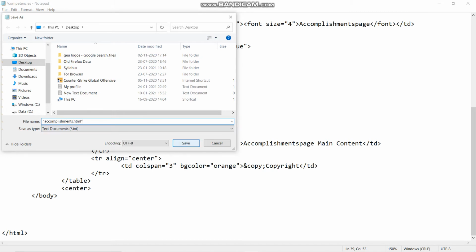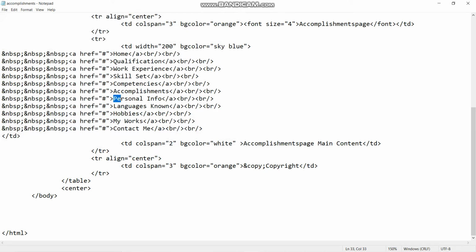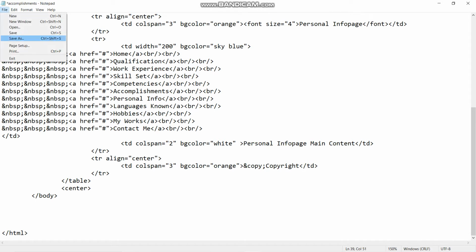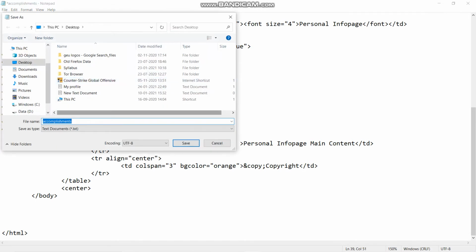For the personal info, copy it, paste it on the home page section, then paste it on the main content section. Save as, personal info dot html, double inverted comma close. Save.